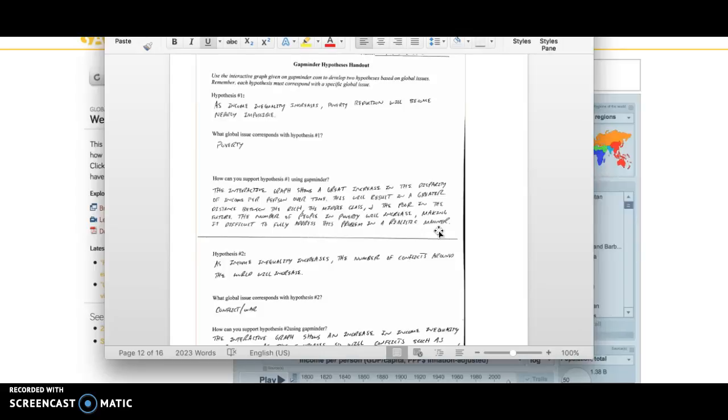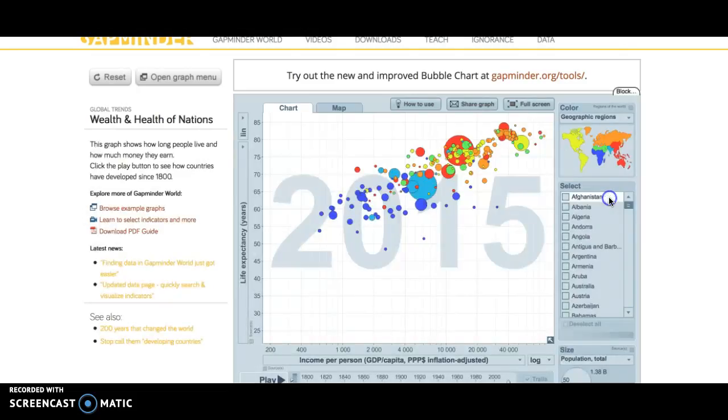And then in turn, I would go to hypothesis number two, and it says as income inequality increases, the number of conflicts around the world will increase. So again, I will talk about, okay, here's the United States right here. And then, here's another country. So basically, I can go through down here and look and see where these countries are. I can say the United States is here, and then you look at another country right here,